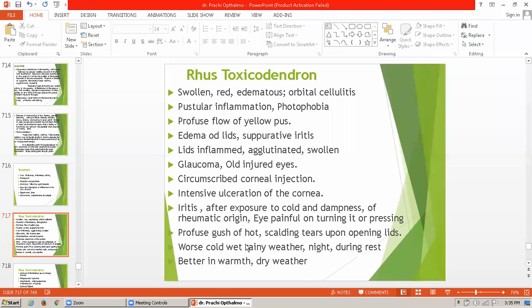It is indicated when there is a swollen, red, edematous or vital cellulitis, pustular inflammation, photophobia, profuse flow of pus, edema of the lid, suppurative iritis, lids inflamed, agglutinated, swollen, glaucoma, old injured eye, then circumscribed corneal injection, intensive ulceration of the cornea, iritis after exposure to cold and dampness